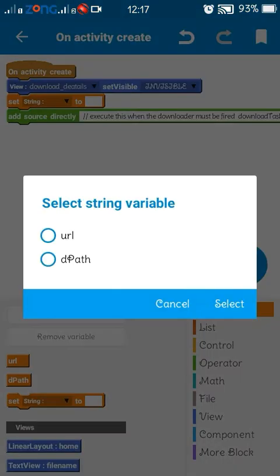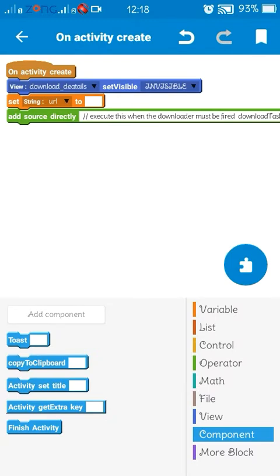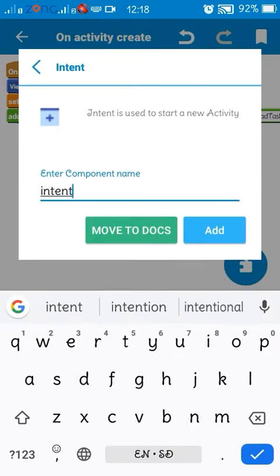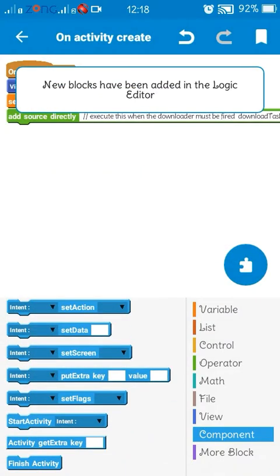We need a string named URL. We will pass it through an intent and catch it at onCreate.